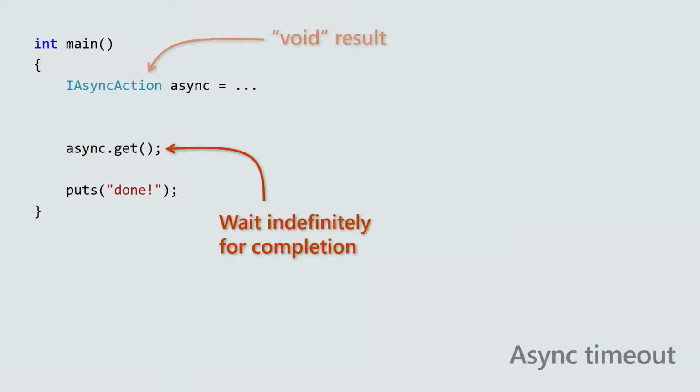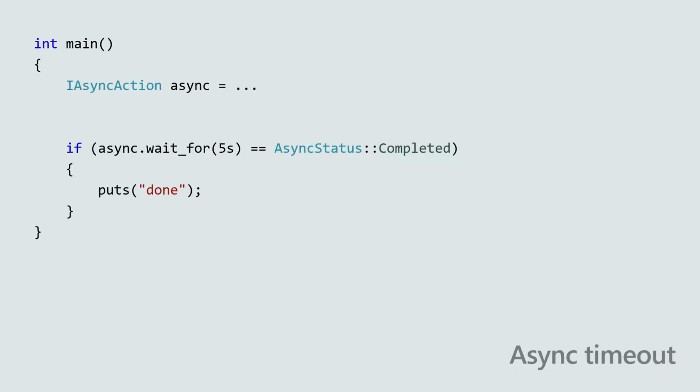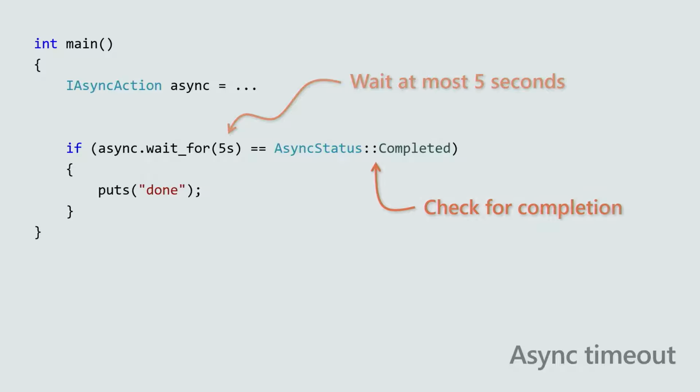But sometimes waiting indefinitely is not really practical. And so just like we borrowed the get function from std::future, we've now also borrowed the wait_for function from std::future as well. You can now use wait_for to wait, let's say, 5 seconds. And then you can check for completion, and then you'll know that we're done. So you have a way of boxing that wait in a far more practical way. And it makes it very easy to build console apps or any kind of application where you have to actually block and wait for a limited amount of time. It just makes writing that code far, far simpler.